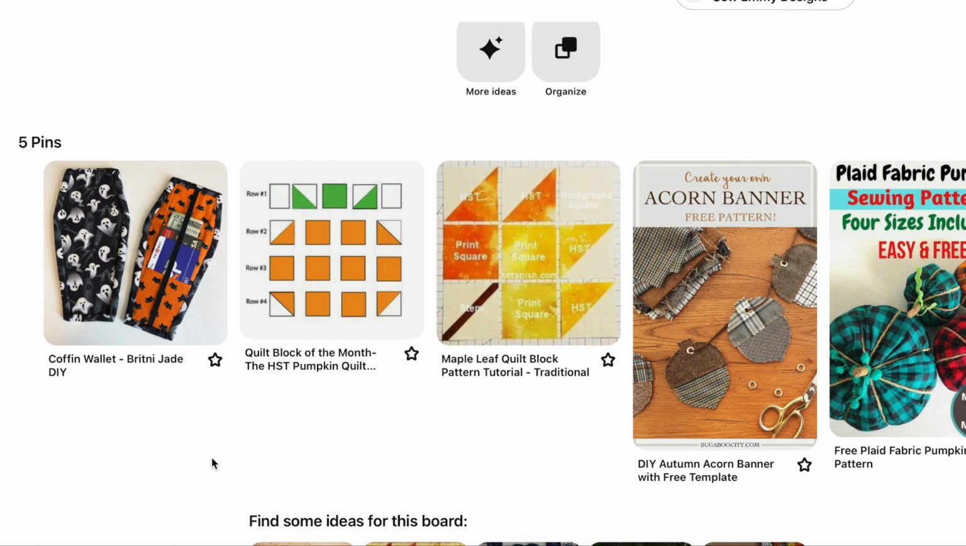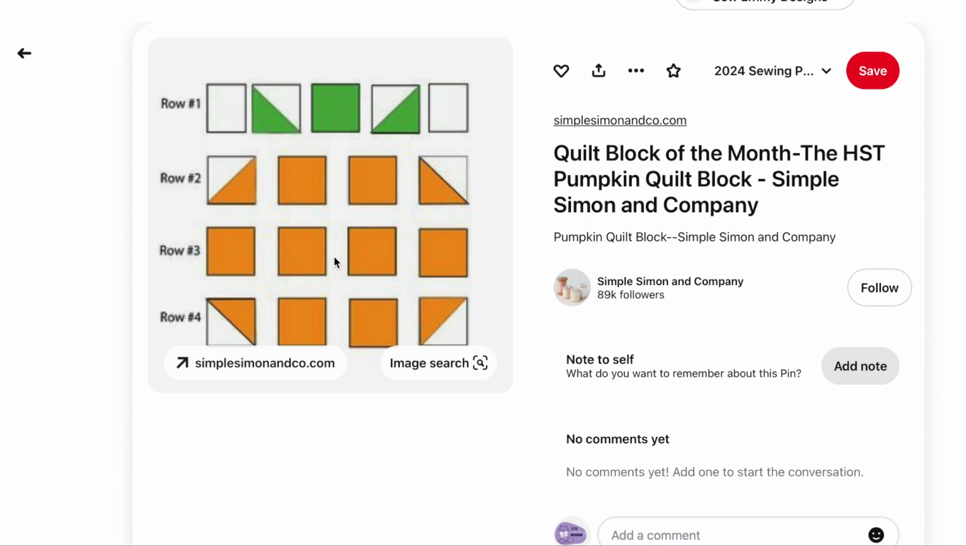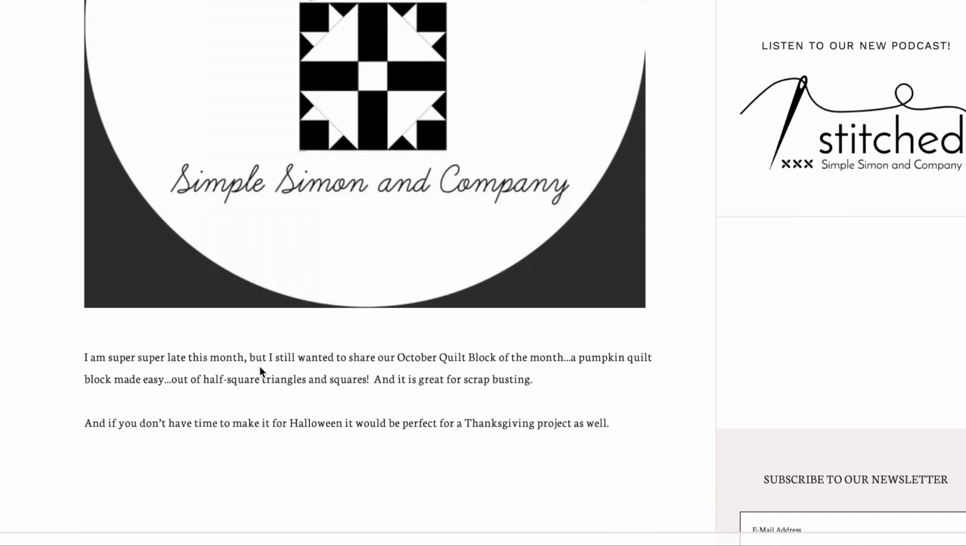So moving on now to our next pattern, we're now going to do 2 different quilt blocks. The first was this pumpkin quilt block, and this comes from a website that does a quilt block of the month. If you hover over the picture, you'll see that you're going to be getting that link at the bottom, and you'll be able to click that, and that will take you to the full instructions